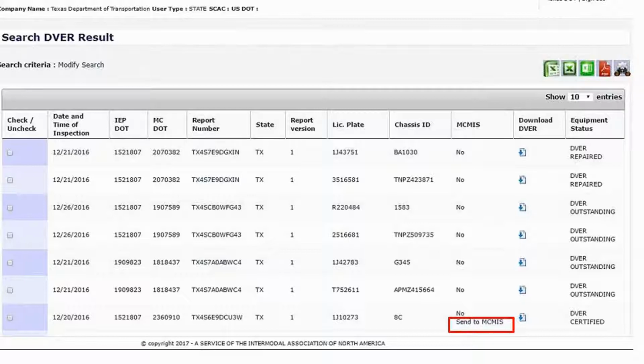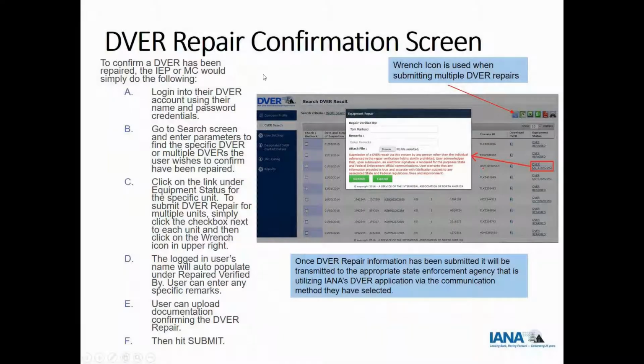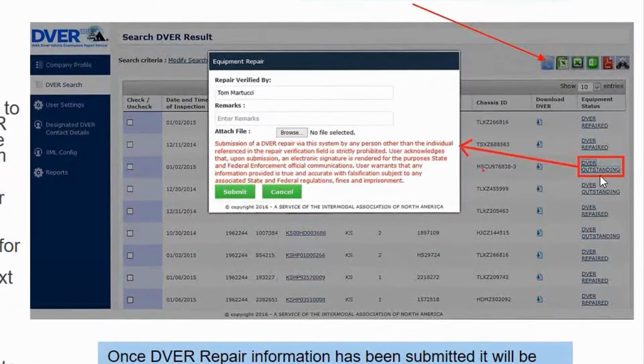And then once this is clicked, an XML format transaction is done in the background and uploaded to FMCSA. The confirmation repair screen just shows you the screen where the IEP would come in and click on either a DVER that was showing in the outstanding status or in the repair status, and then